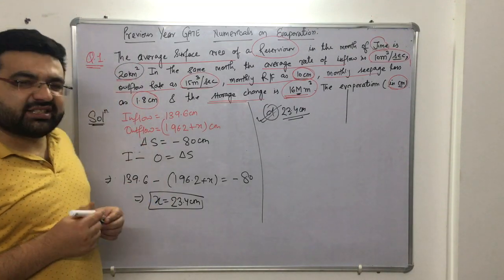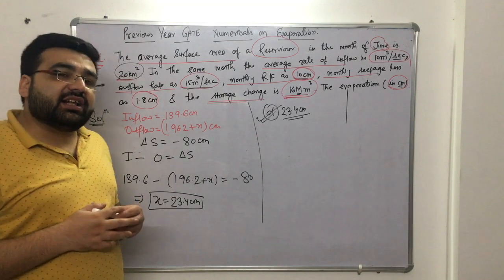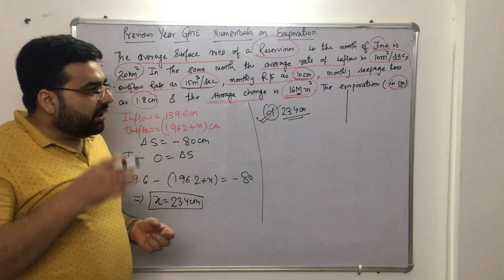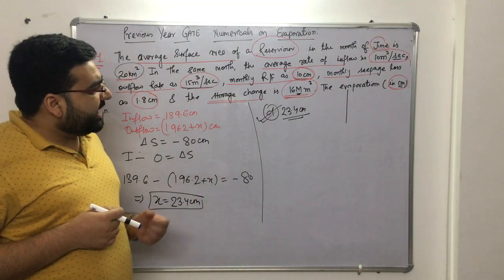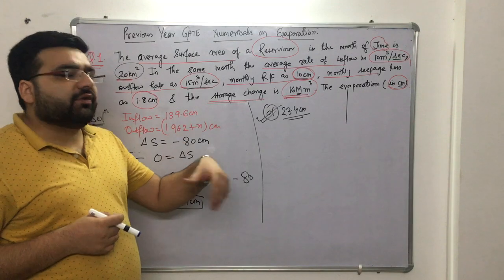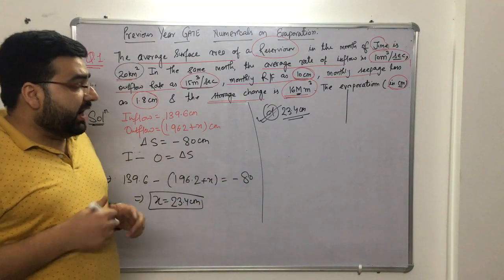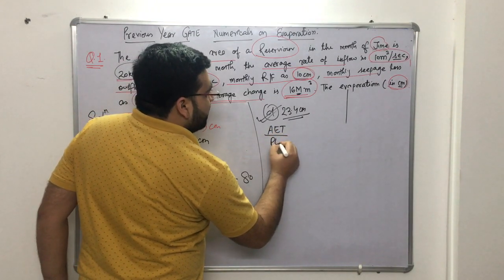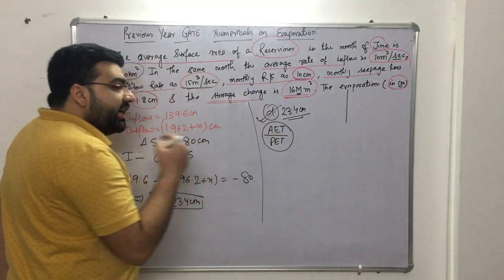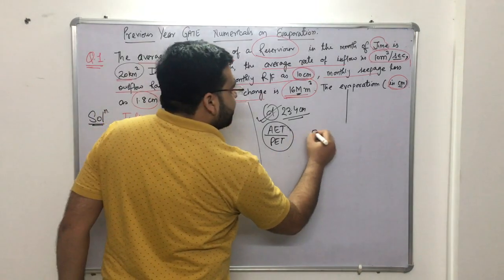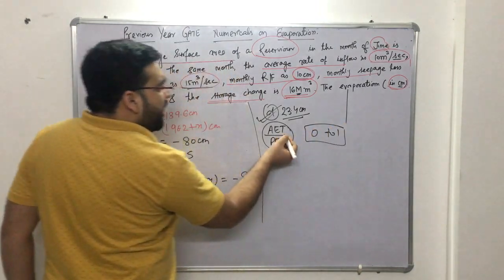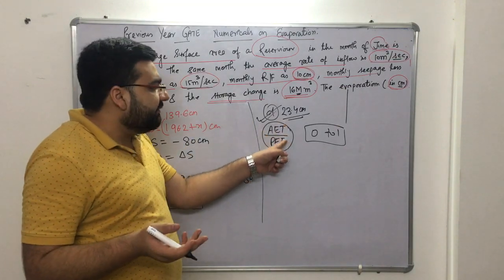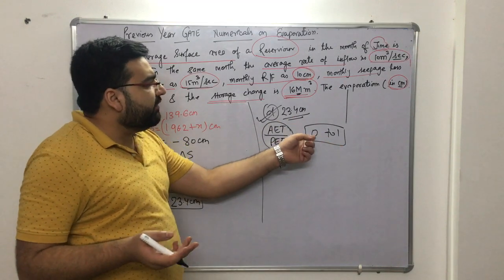Otherwise, very simple numericals. Just apply the formula, get the answer, and more theoretical questions have been asked. So lysimeter has been asked from this topic. What is a lysimeter, and what is it used for? One question has also been asked on the range of the AT by PT ratio. The range of the AT by PT ratio is from 0 to 1, simple. Because at the permanent wilting point, this ratio will be 0. At the field capacity, it will be 1. So the ratio will vary from 0 to 1.